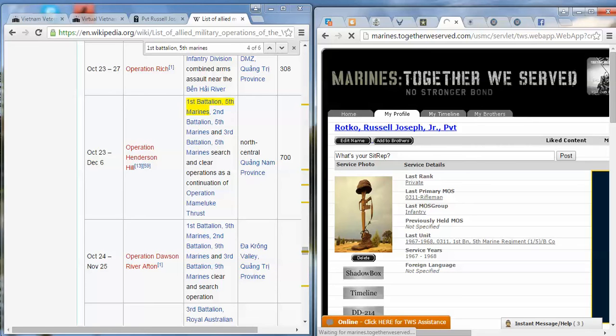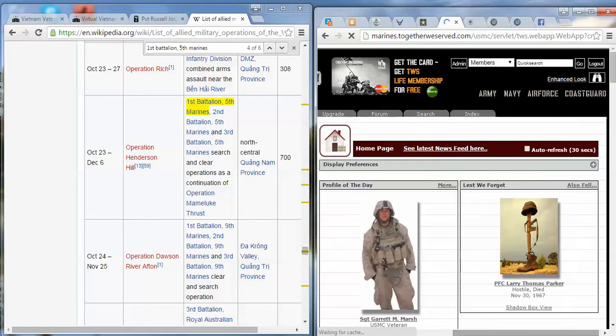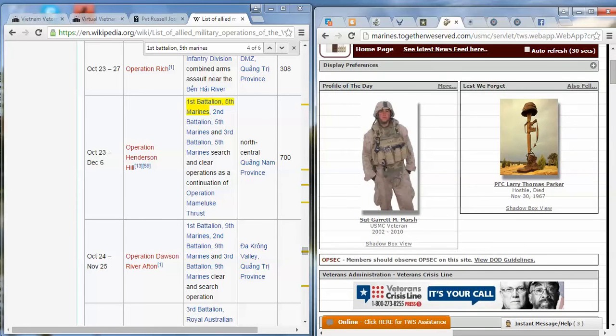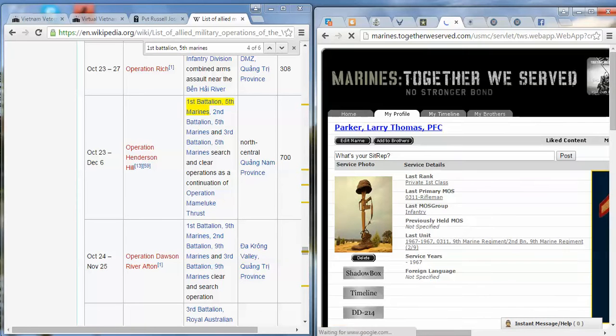Let's see if we can find one we can find a photo for, just to walk you through that. Let's try this one. All right, back to VVMF.